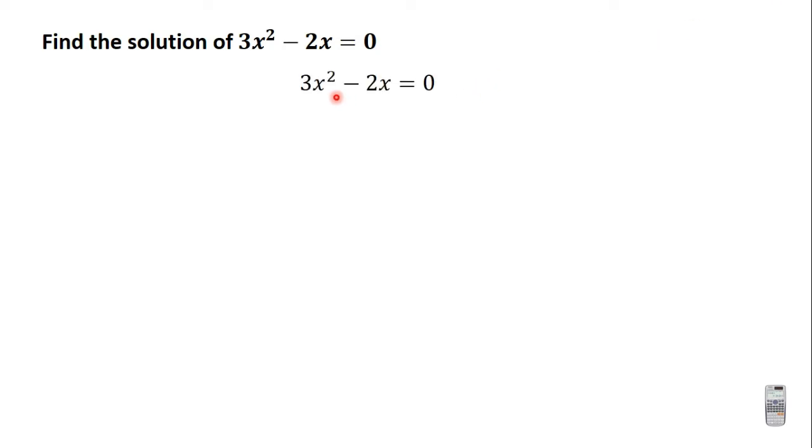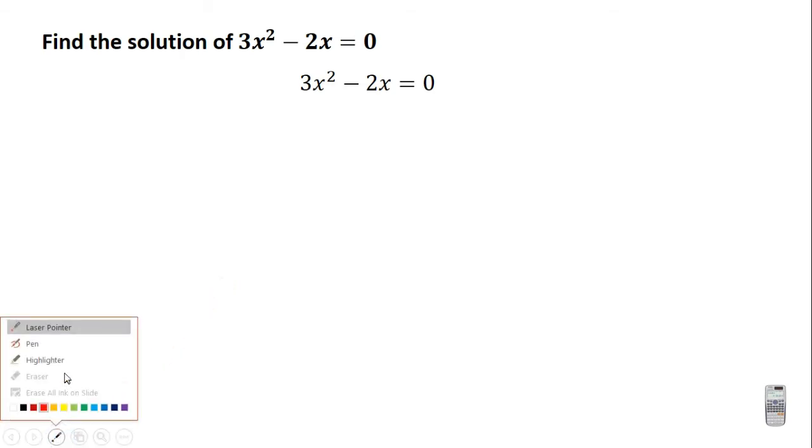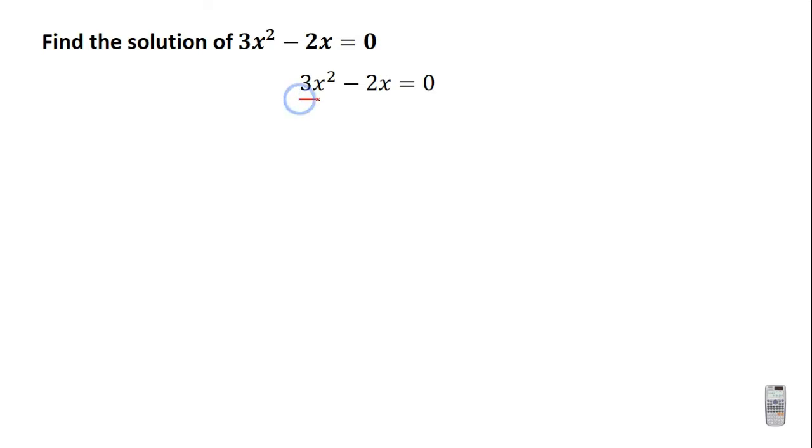So our quadratic equation is 3x squared minus 2x is equal to 0. If you look at this quadratic equation, you can see that it is quite different from the one that we have been solving. This time, the quadratic expression in our equation is a binomial. The quadratic expression has only two terms, so it is known as a quadratic binomial. Because it is a quadratic binomial, we will not go through the normal process that we would have gone through if it was a quadratic trinomial. The solution to this type of quadratic equation is very simple.